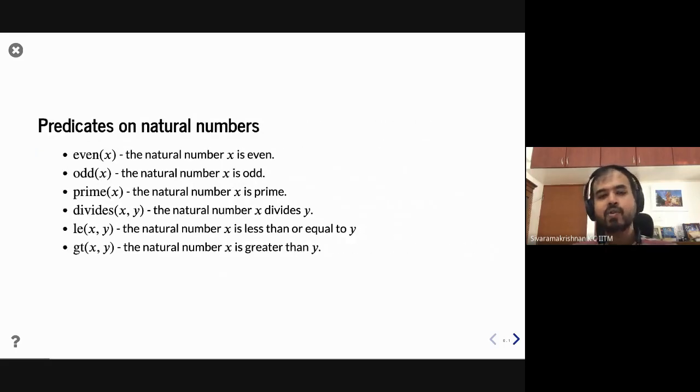So here are some predicates over natural numbers. You can say x is even, x is odd, x is prime. You read this as x divides y, the natural number x divides y. You read this as x is less than or equal to y, x is greater than y. So this is a general